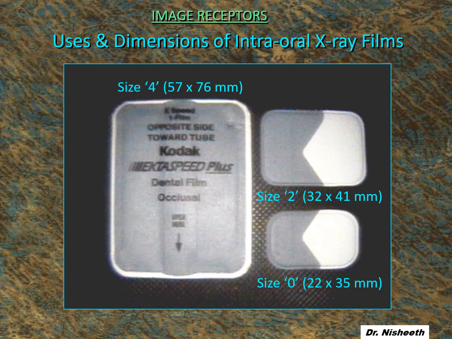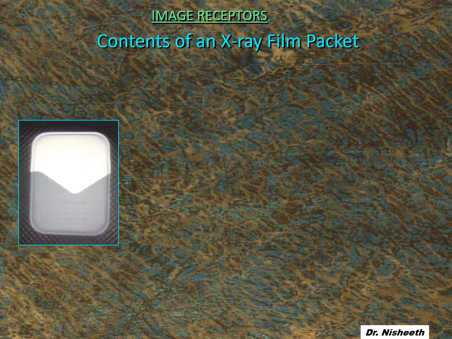Okay, now see, this is an occlusal film. This is a size 2 film, adult film, and this is a size 0 film. You can see the change in the size, right? Now let's see what the contents of the X-ray film packet are. I had to show you something I missed. If you had seen the previous image, on this side it was written, the opposite side was the tube. Okay, X-ray film packet. I told you that for intraoral film, the X-ray film packet should be impervious to water. So what all does it contain?